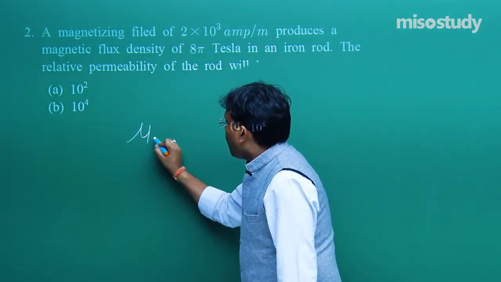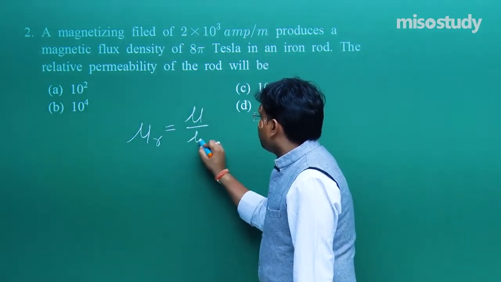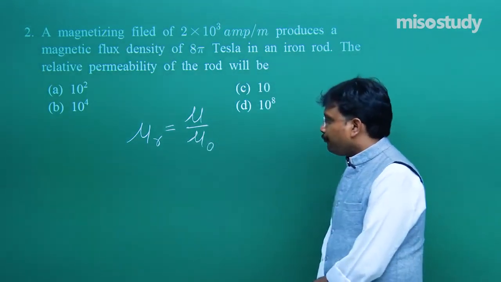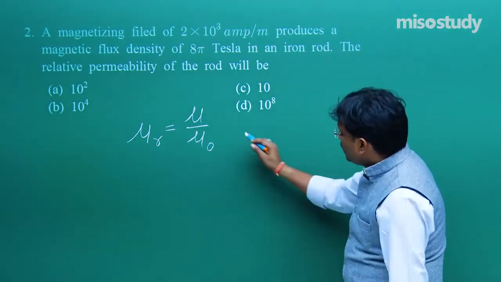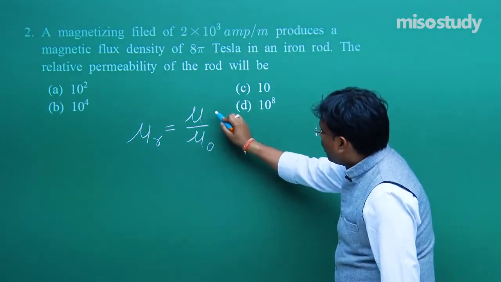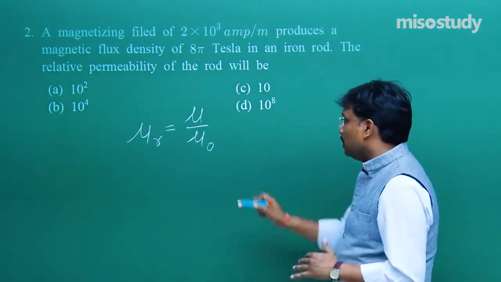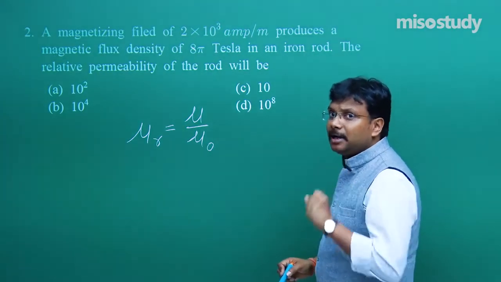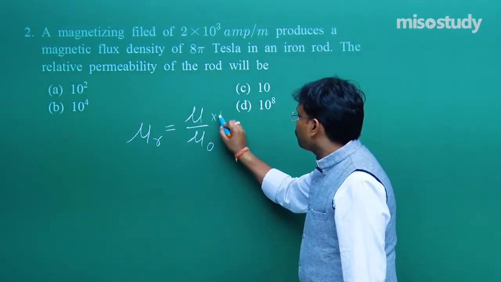Mu r is equal to mu upon mu naught. Fine. The basic result is with you. Over here, if you multiply this numerator and denominator by capital H, that is magnetic field intensity, H,